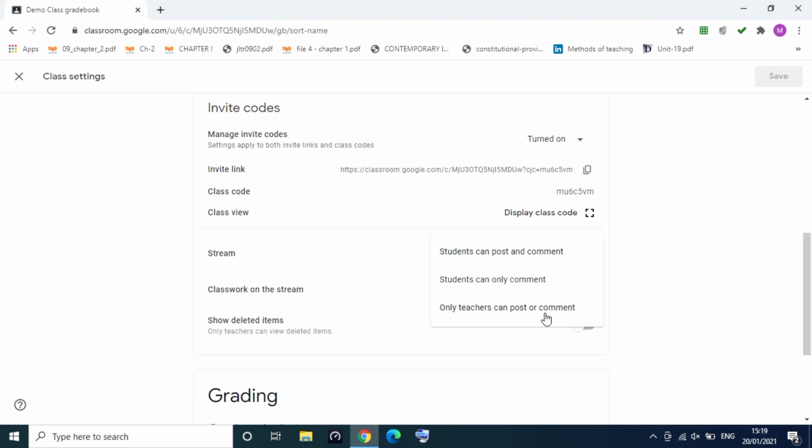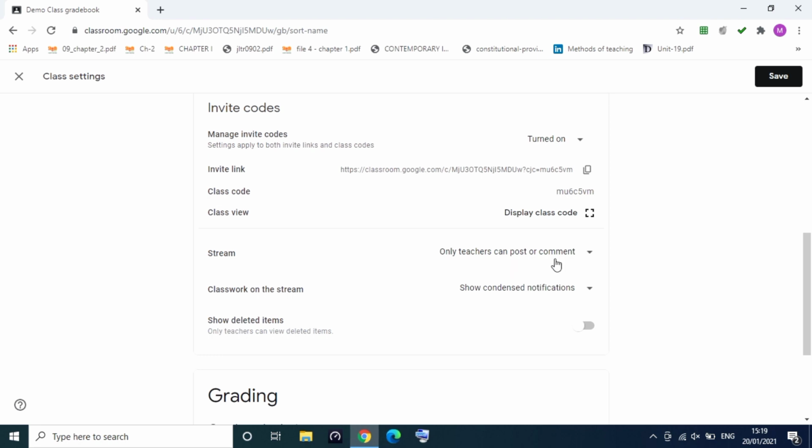It would always be advisable as a teacher to use this one, that is only teachers can post or comment. Otherwise, whatever announcements or messages you post in the stream, the students would keep on commenting on that and there would be chaos. So hence use only this, only teachers can post or comment.